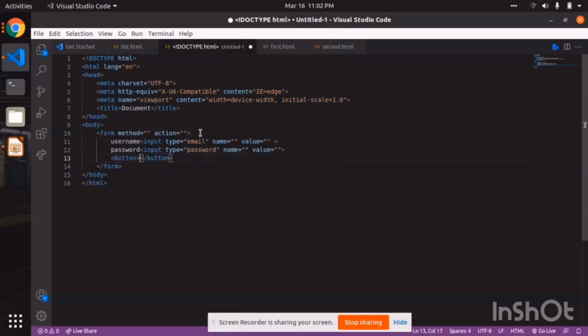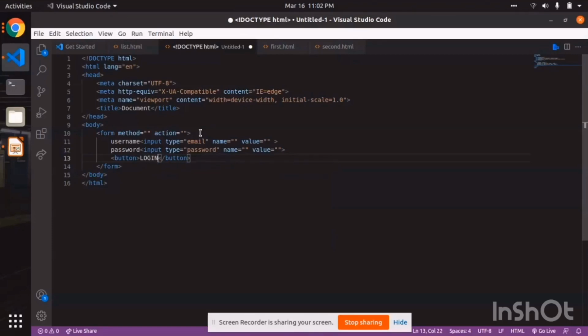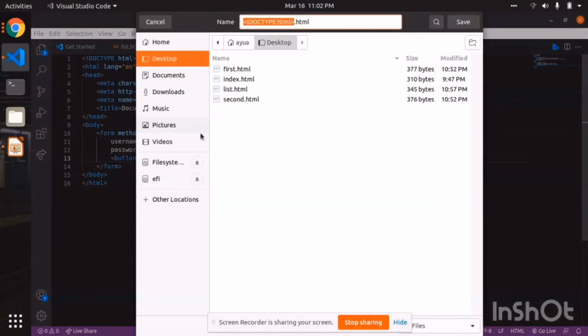So on this button, I want to have submit written on the button. Submit. Okay. Login. So you save it, Control S,